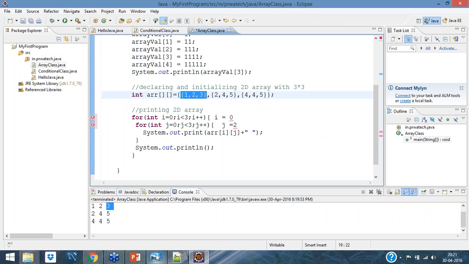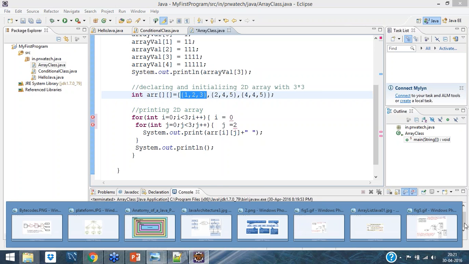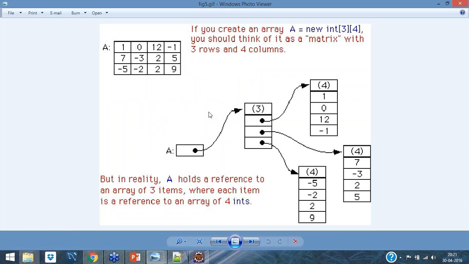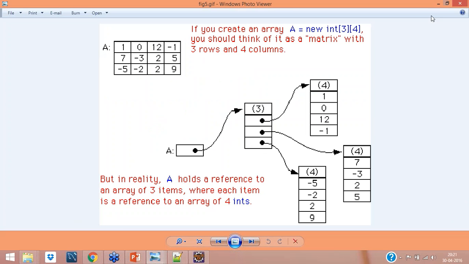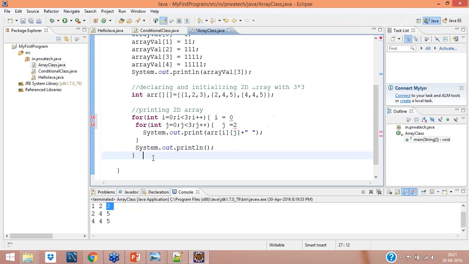As I told you, it will read row by row. Okay, this row, this row, this row. It will print like that. So now it is done. This j loop is done. Now it came to the next for loop, because this for loop is done, so it will come and print this blank line. If you want, for your reference, I'll put something here, and let me print again.